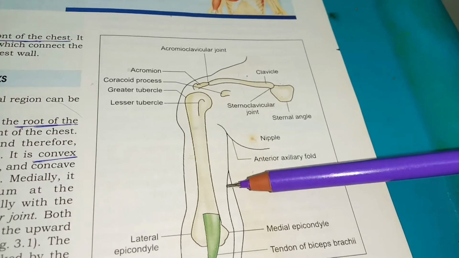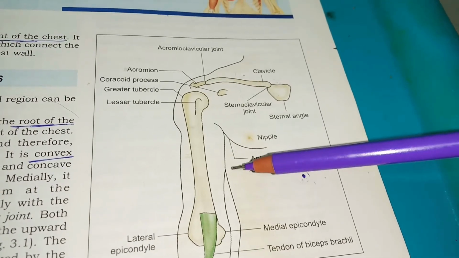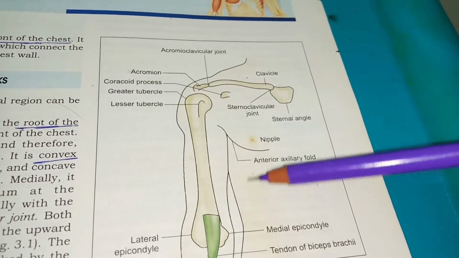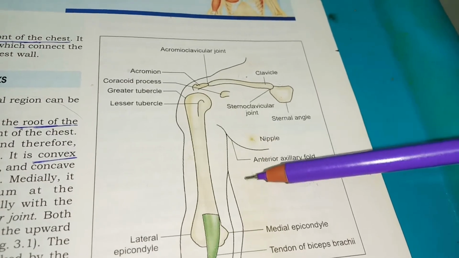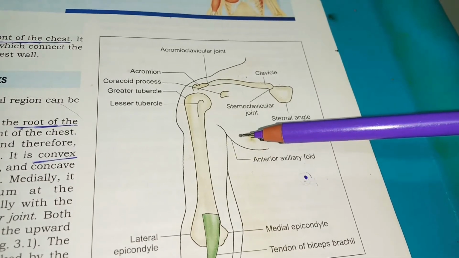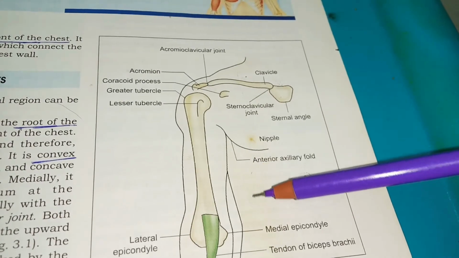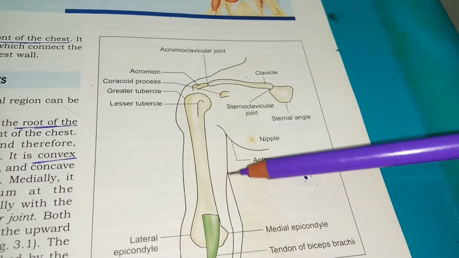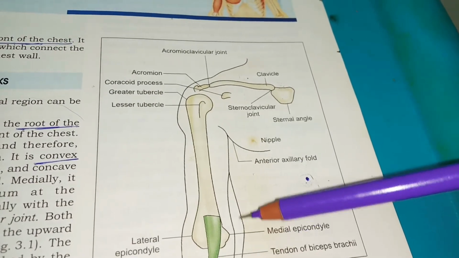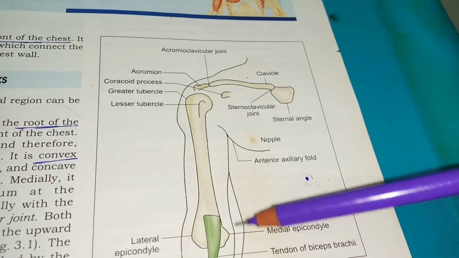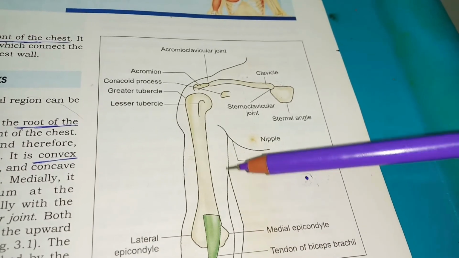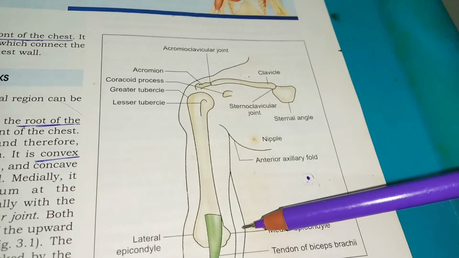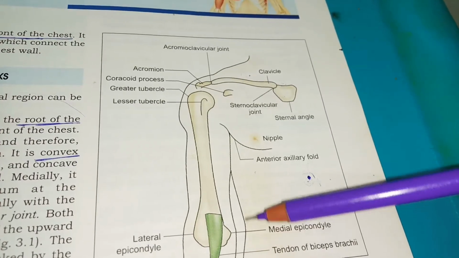And the anterior and posterior folds stand out. So you can see this is the anterior fold, and like that on the back side you will have the posterior fold. They both will stand out and the space will become more prominent. The anterior axillary fold is the lower border of pectoralis major. And the posterior axillary fold contains the tendon of latissimus dorsi, which winds around the fleshy teres major.